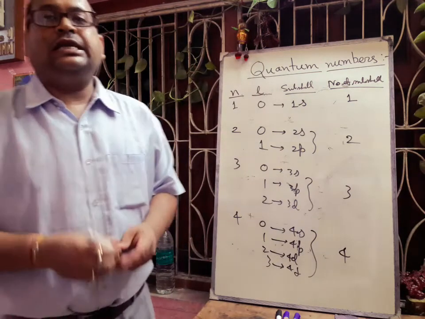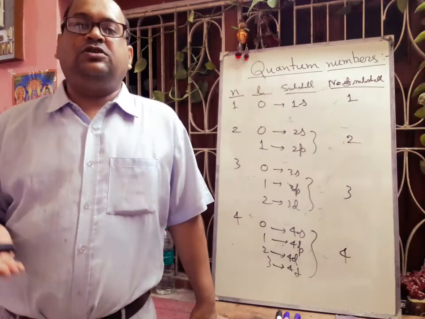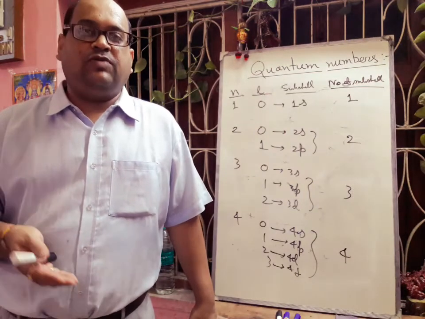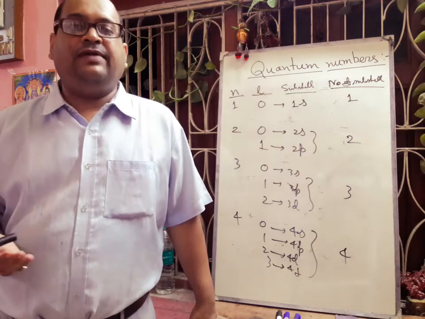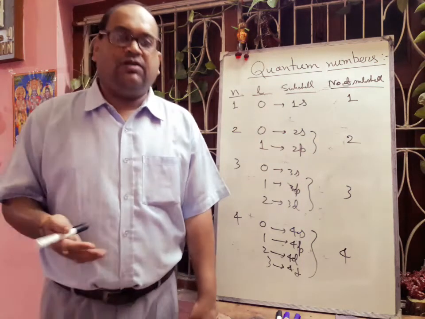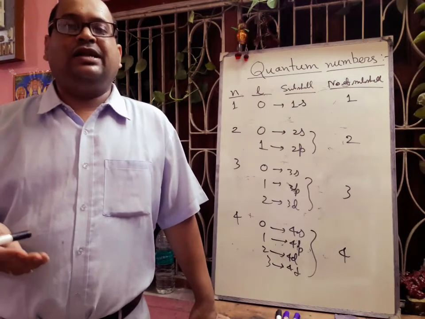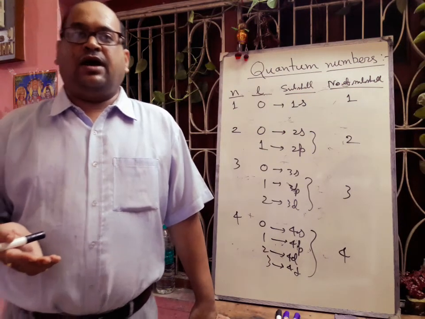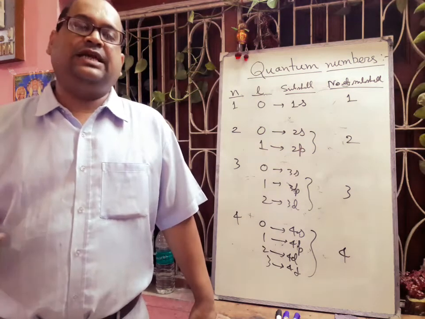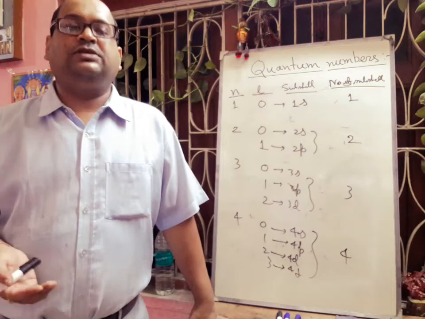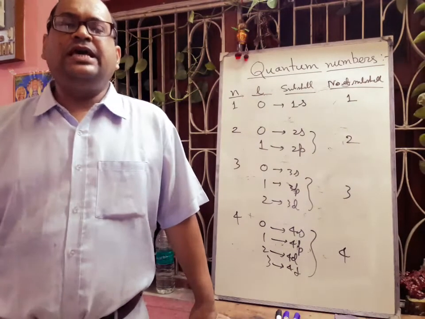If we consider n equal to 5, then when L is equal to 0, that will be 5s. When L is equal to 1, that will be 5p, then 2 is 5d, then 3 is 5f, and for 4 we have to introduce another orbital, that is g. But that is not required. Actually, you have 118 elements, and up to f is sufficient. But if you consider higher energy levels, when there is excitation of electrons, then we have to consider this g orbital. So here the total number of subshells will be 5.